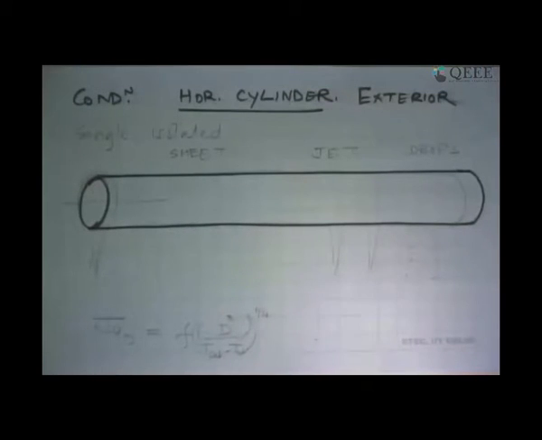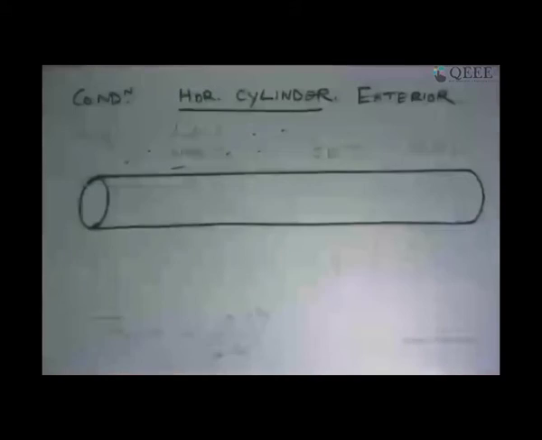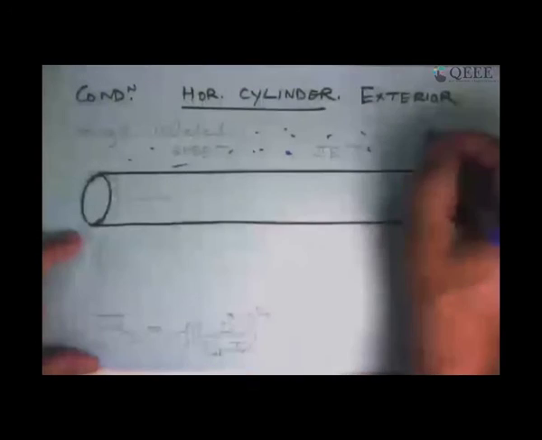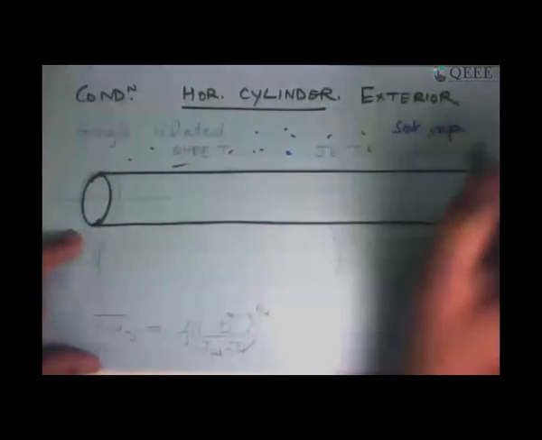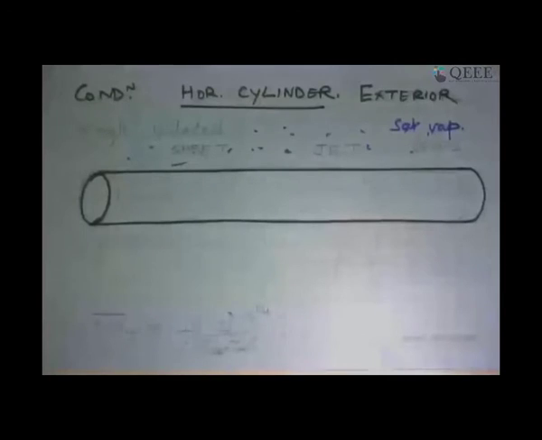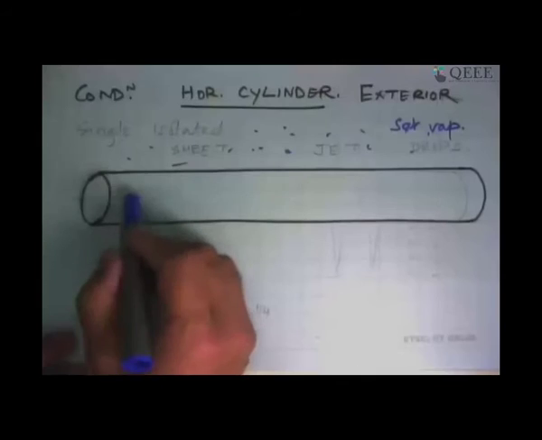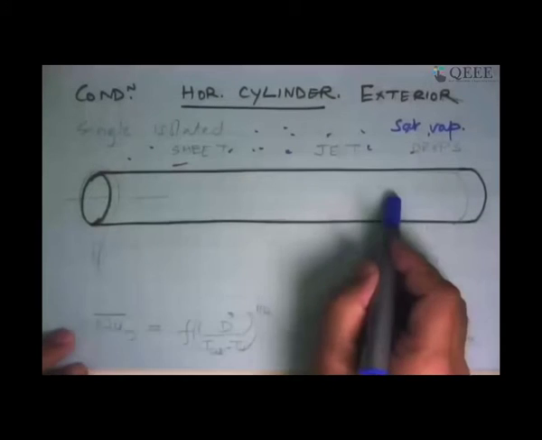And this is surrounded by saturated vapor. And this is what is now very common. If you look at the power plant condenser or large condensers or air conditioning units, this is what we are looking at. So what is happening here is different types of things can happen depending on the temperature difference and the nature of the surface.